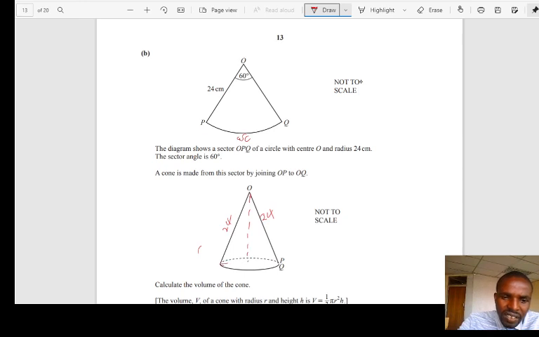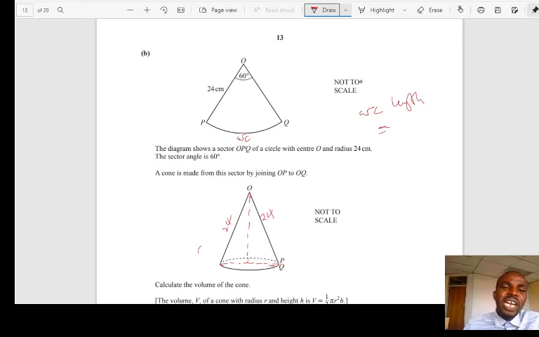Then the radius will be this one. So there will be height and radius like this. To find the radius, we can find the radius, then after that you can calculate the height. Still it works, right? Then the radius, how can you calculate the radius? We calculate the arc length from up. So we say arc length